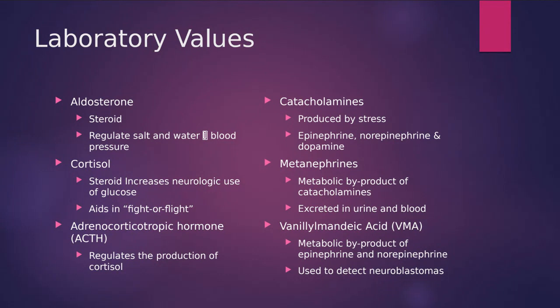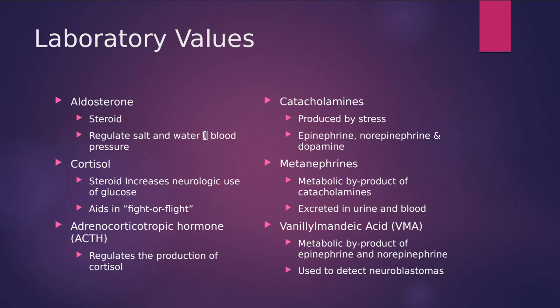Also, our cortisol. This is a really big common steroid. This increases the neurologic use of glucose. So we don't want to have too much cortisol, but we don't want to have not enough cortisol. It's a very delicate balance when it comes to this type of steroid hormone. It basically is going to determine how much sugar our brain uses, and it's also going to aid in our